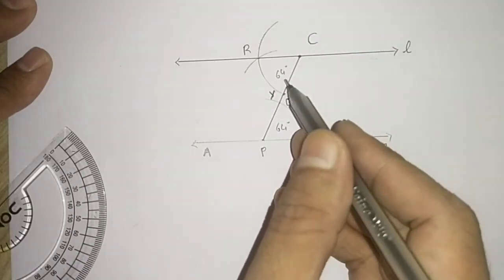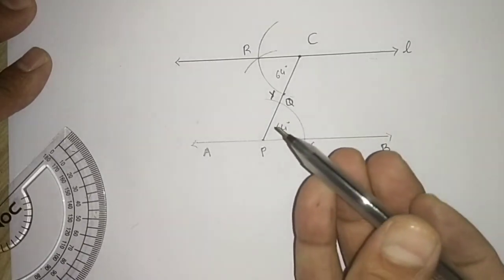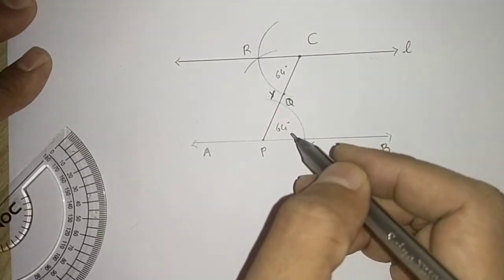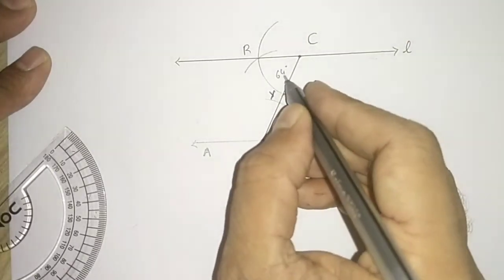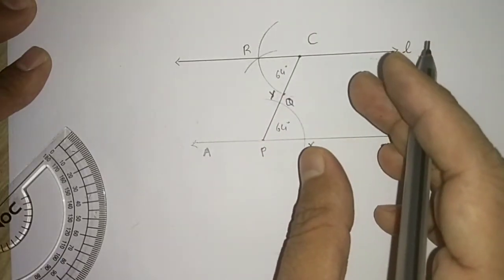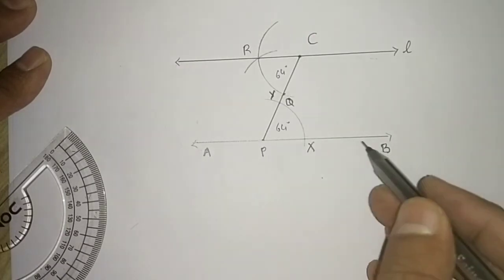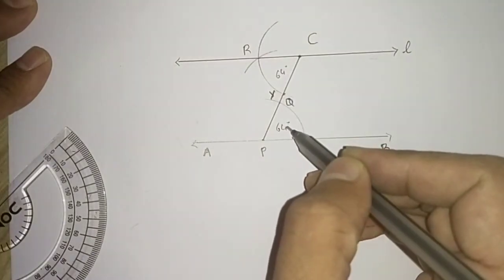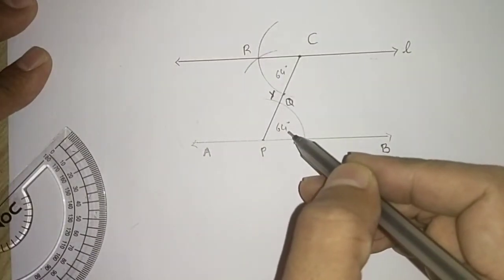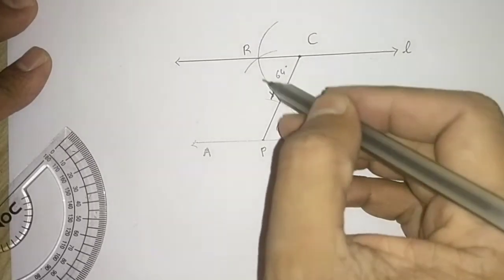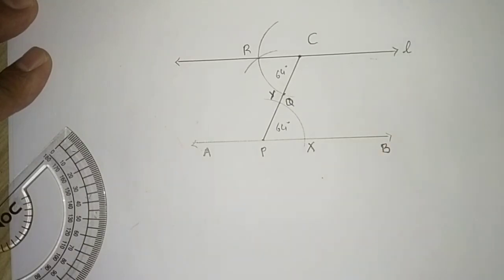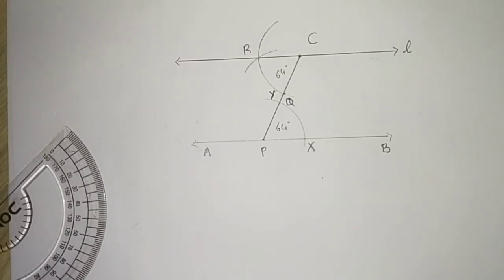You can get 50, 90, 80, 45, whatever degree you get, but both the angles must be the same. If you get 45 here, then here also you will get 45. If that is the case, then only L is parallel to AB. If you have not got 45-45 or 55-55 or 52-52, whatever you have got here, you must be getting here also. If not the case, then the construction is wrong. If that is the case, please go through the video again and do it again.